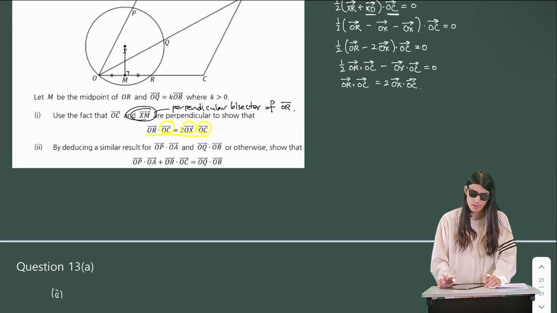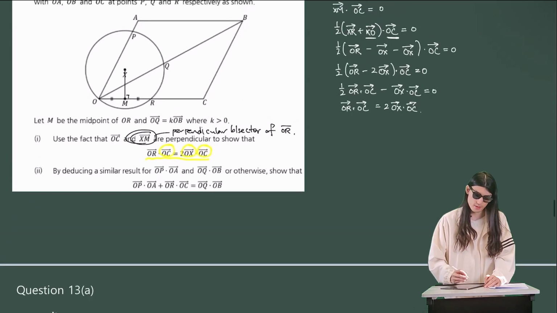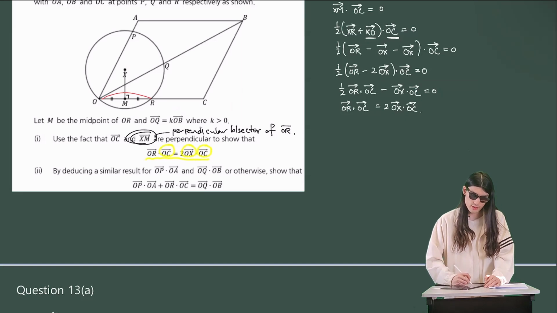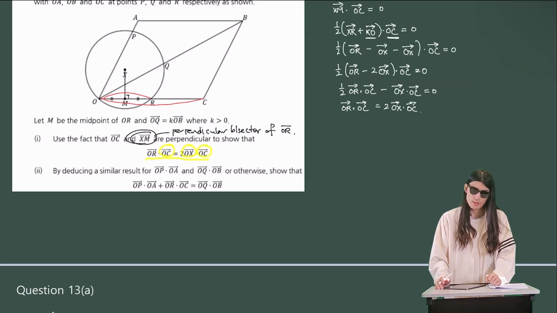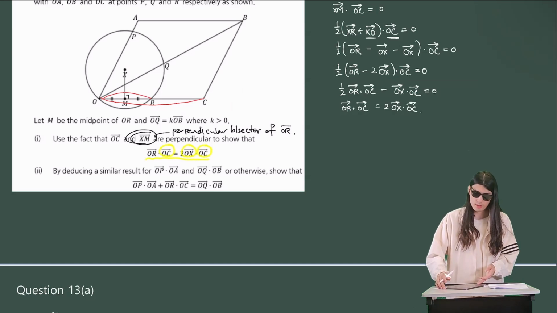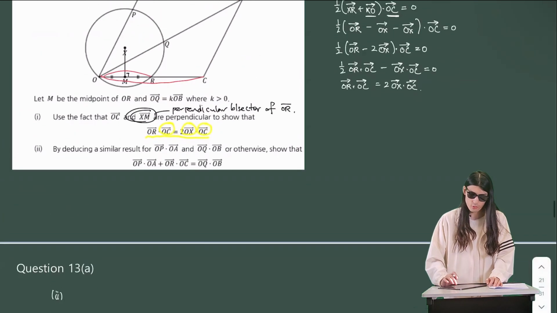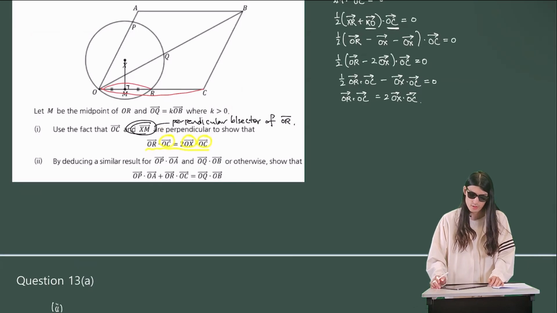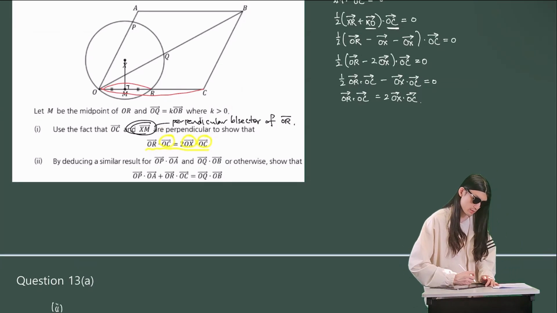What we have just shown in part I is that the vector OR dot OC over here is equal to 2 times OX dot OC. So when they say deducing similar results for OP dot OA and OQ dot OB, what they're talking about is